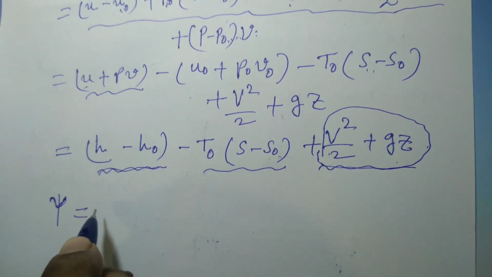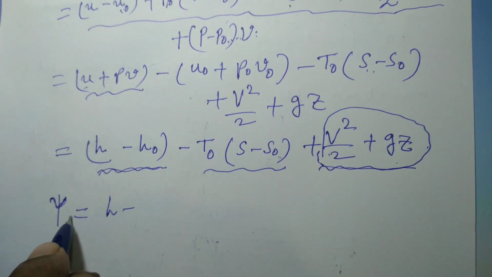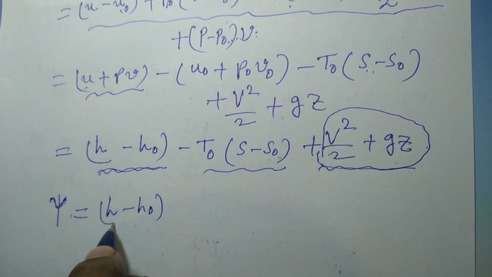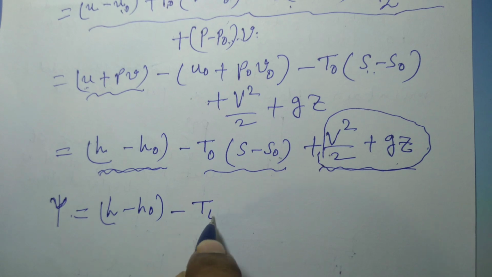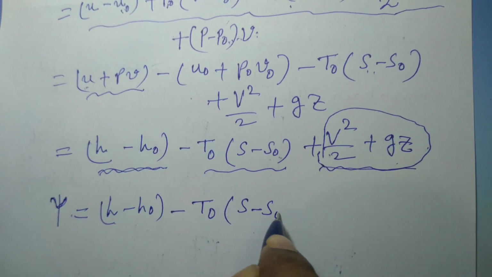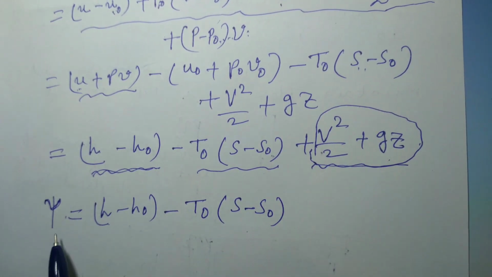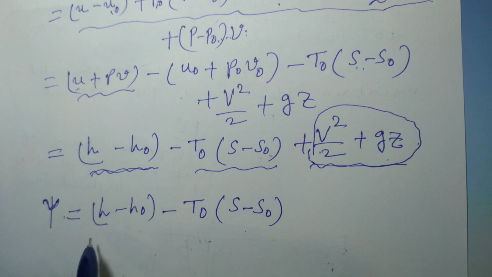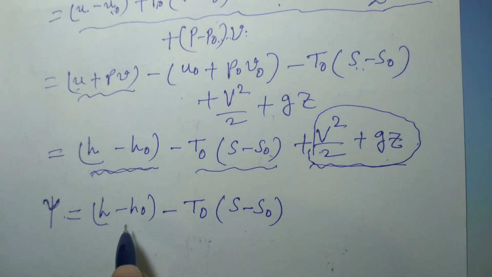Psi is nothing but the exergy of a flowing stream of fluid, and this is h minus h0 minus T0 into s minus s0. This is the availability function of a flowing fluid only, and this is required while doing exergy